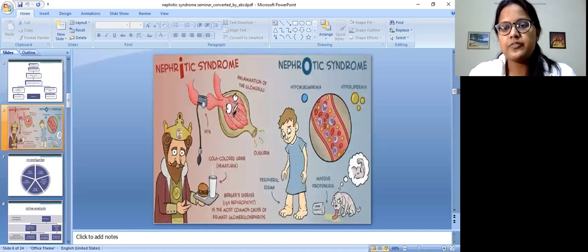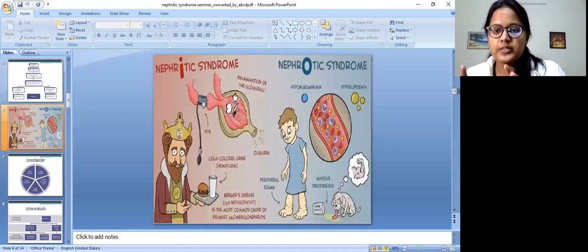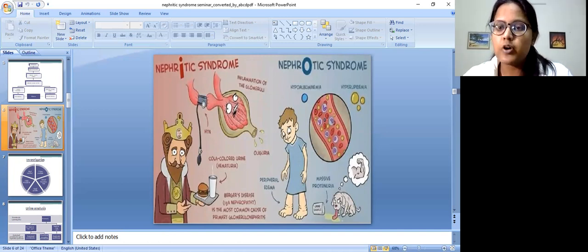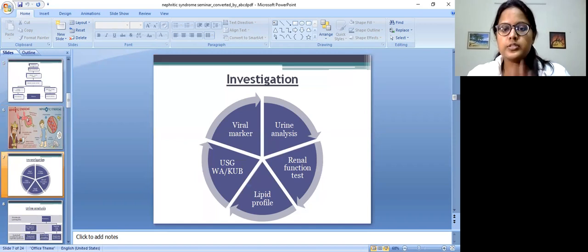So this is the basic difference between nephrotic and nephritic syndrome. A nephrotic syndrome patient will be more swollen because there is more loss of protein, which decreases the oncotic pressure and results in third space fluid loss, resulting in anasarca. In contrast, nephritic syndrome has direct glomerular injury, which activates the RAS and results in hypertension. Other consequences will be oliguria and hematuria. So this is the basic biochemical analysis you will do if you suspect a case of nephritic syndrome.